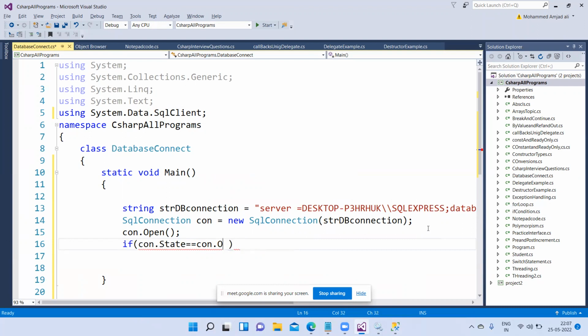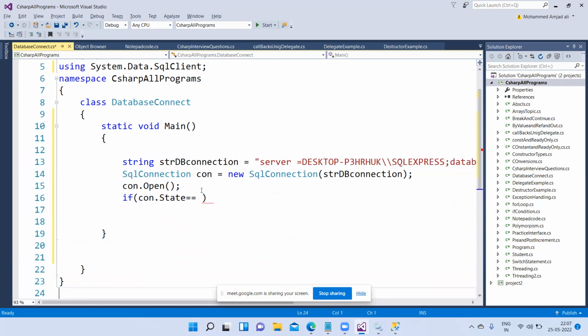No, wait, SQL connection string connections. Wait a second, connection state. I want to check whether my database is open or not. So connection state equal to,